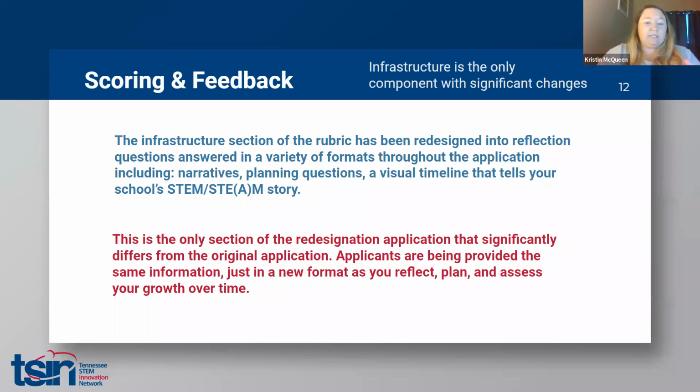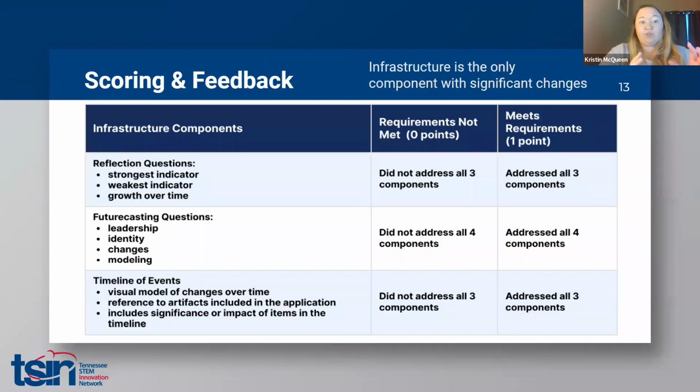And this is the only section in the redesignation application that differs from the original application. With this, applicants are being provided the same information. We've just put it in a new format so that you're able to reflect, plan, and assess what's happened over the last 5 years. And so we'll look at what that looks like. And so infrastructure